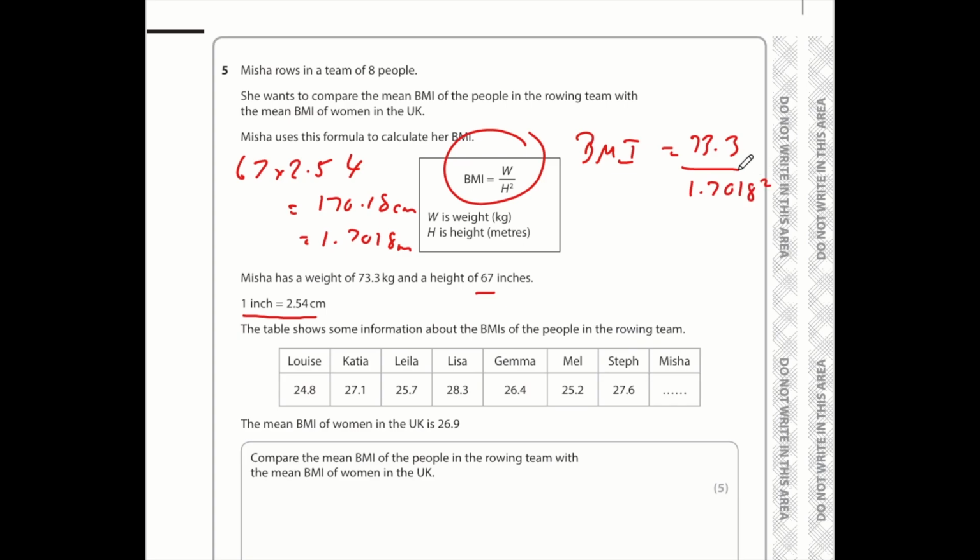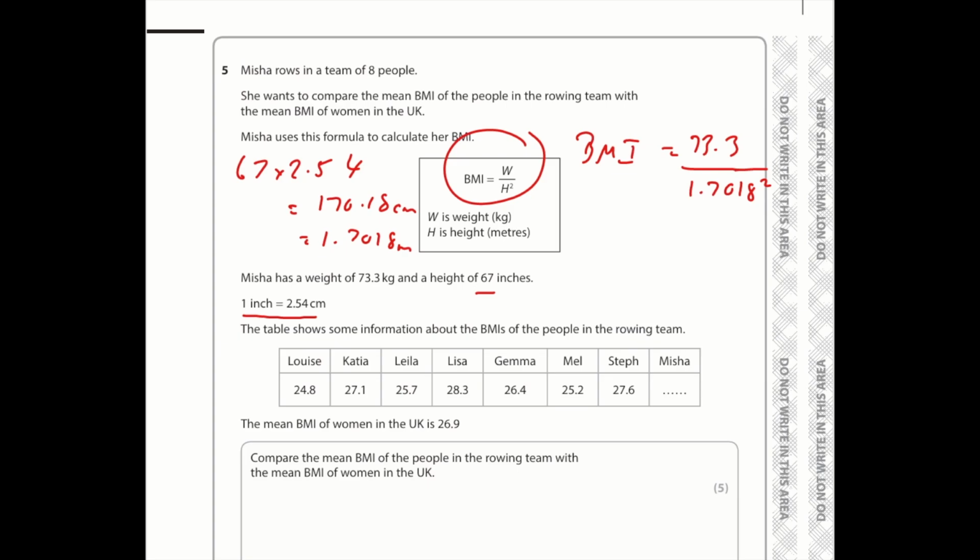So we're dividing the 73.3 by 1.7018 squared. So you might need to calculate what this is squared first, and then do 73.3 divided by that. It depends on what your calculator can handle. But 73.3 divided by 1.7018 squared